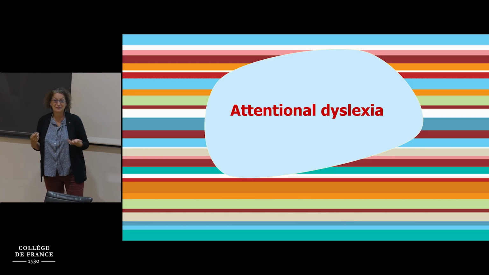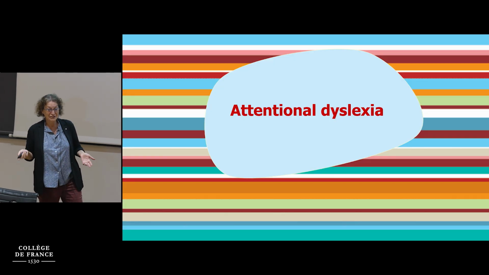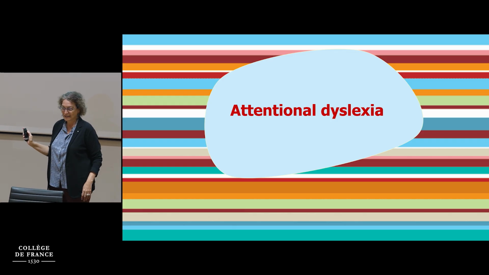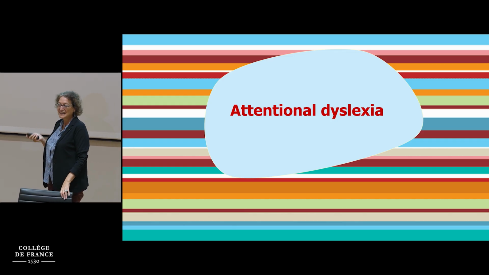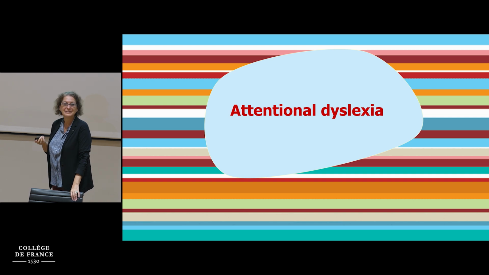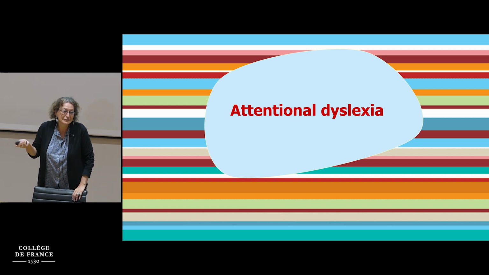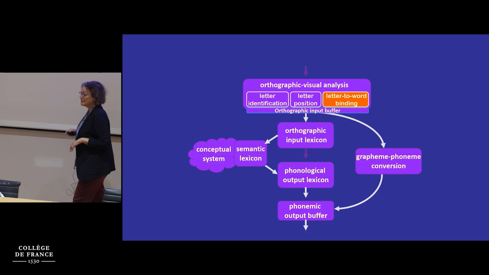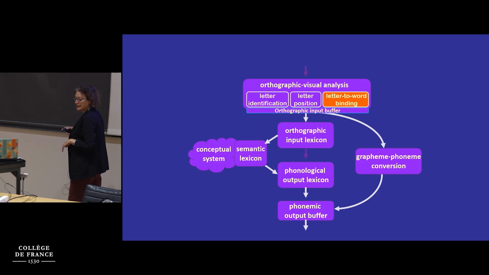Now I'm going to move to a different type of dyslexia. It's called attentional dyslexia, and it's called attentional dyslexia because it has nothing to do with attention. But in 1977, when Shallice and Warrington discovered this kind of dyslexia, they thought it has, and the name remained. What happens in this dyslexia? I'll show you